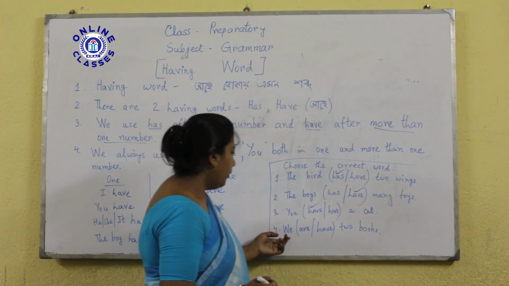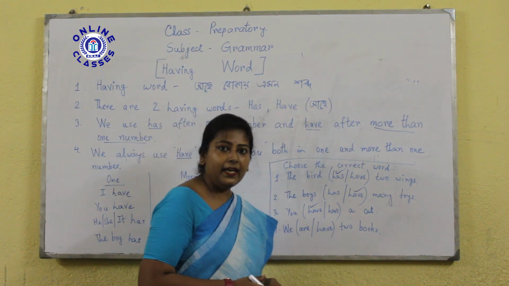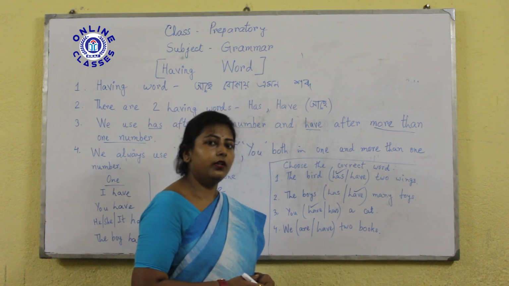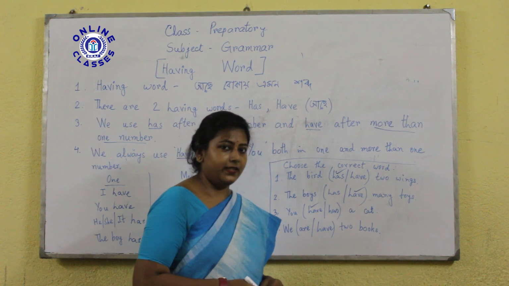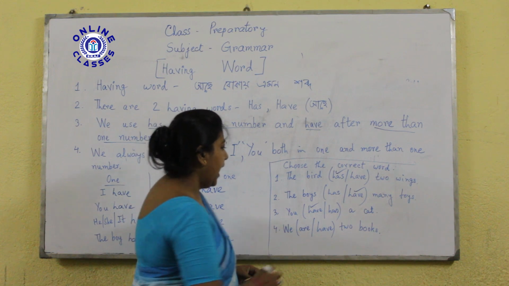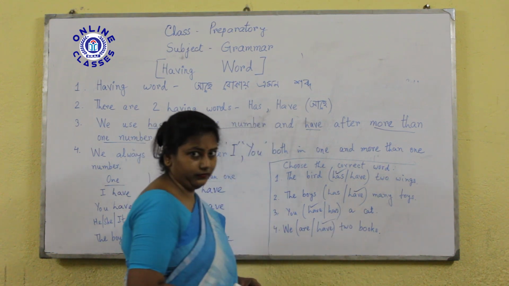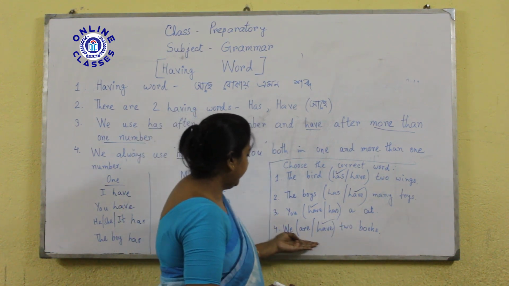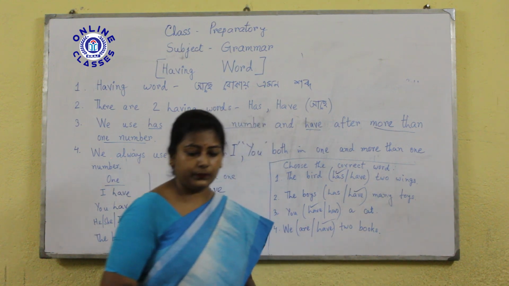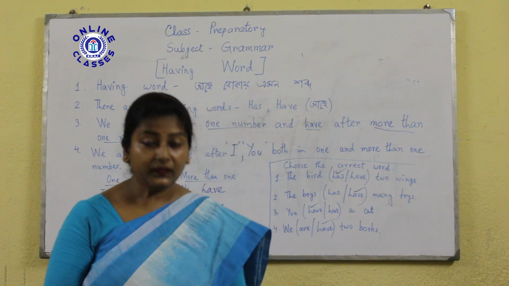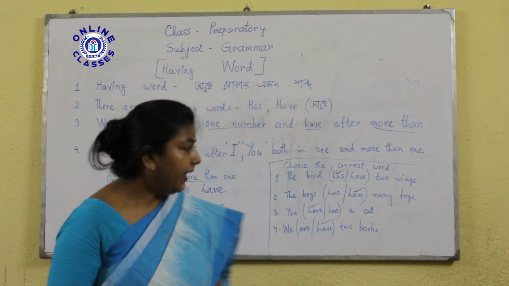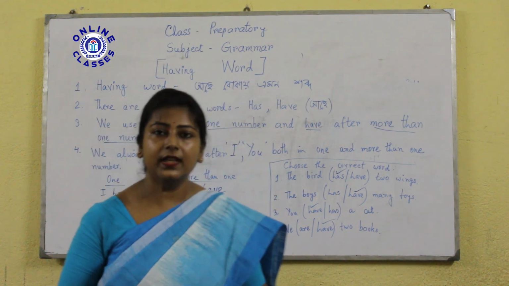Yes, we have two books. We say that we have two books. অর্থাৎ আমাদের দুটো বই আছে. So here the correct word is have, not are. Okay? So the sentence is we have two books. Now your homework is to practice such, choose the correct word